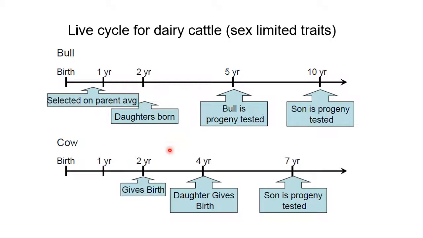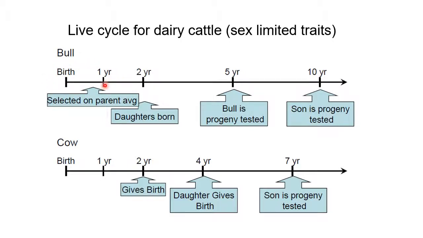This figure illustrates the current state of affairs without the usage of genomic information for traits that are sex limited, such as, for example, in dairy cattle, where you cannot record some of the traits or the most important traits on the sire, and you want to make a decision on the choice of bulls for AI sires, artificial insemination sires, for example. So if this is a bull that's considered to be a possible candidate as an AI sire,